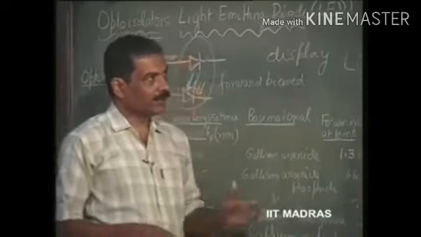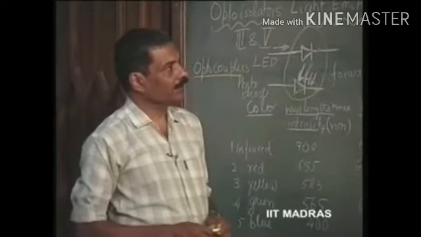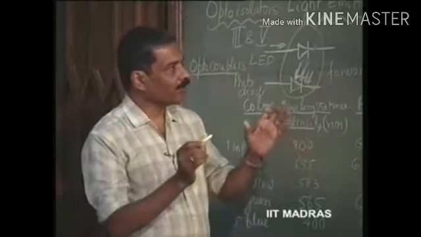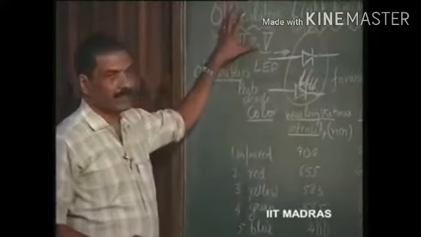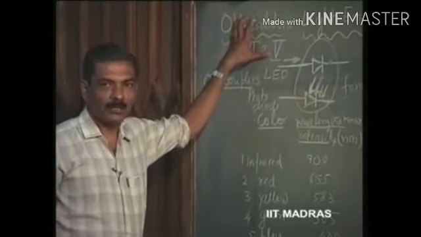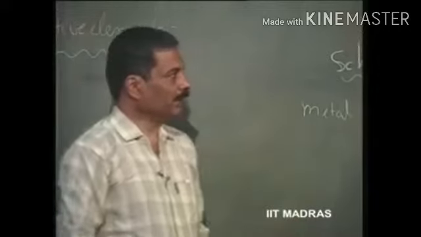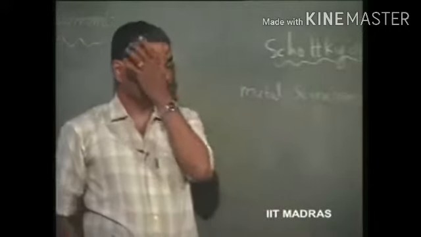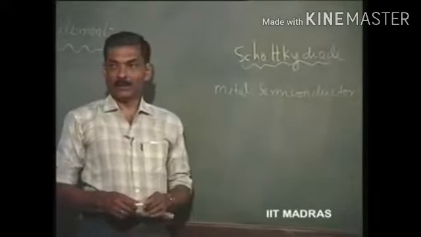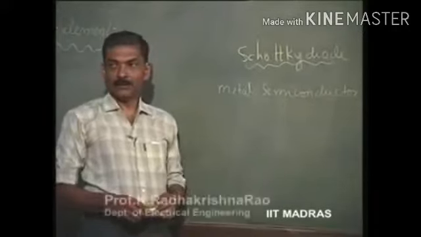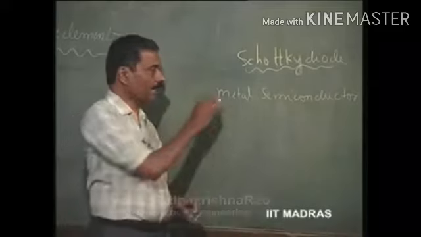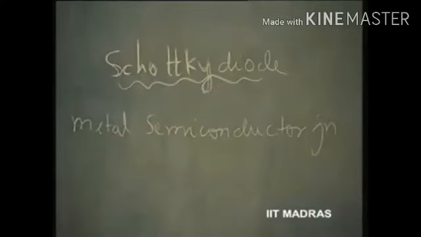So, this is another application of this combination of photodiode with light emitting diode, which is called optocoupler or opto isolator. We have some other diodes like Schottky diode, which is not a semiconductor PN junction as we had discussed earlier diodes. It is a metal to semiconductor junction. What is the advantage of this?